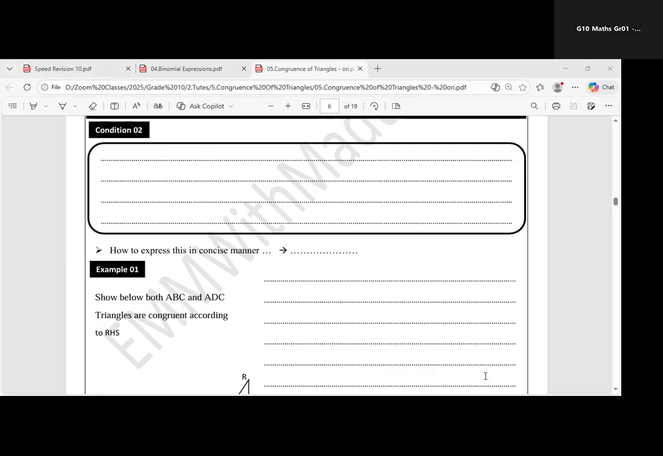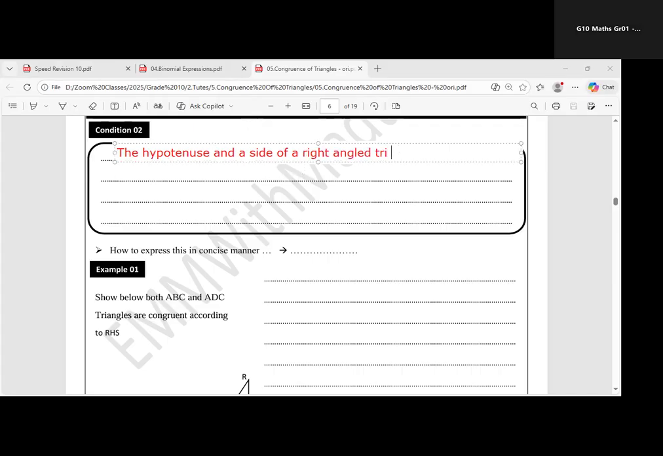First of all, let's write this together. Please write the hypotenuse. Hypotenuse and the side of a right angle triangle. So you need to remember that. Please write it on the same row. The hypotenuse and a side of a right angle triangle being equal